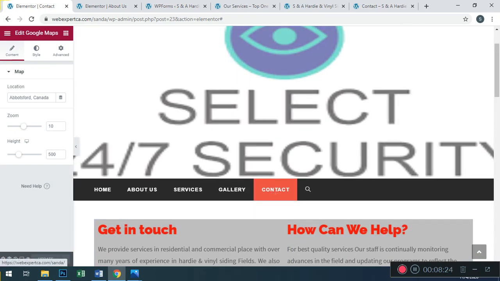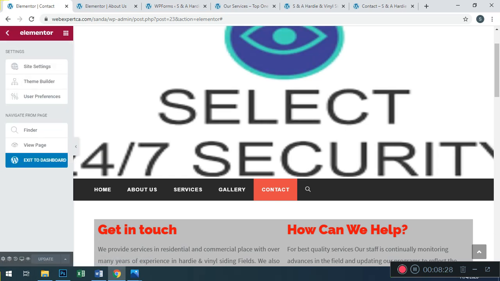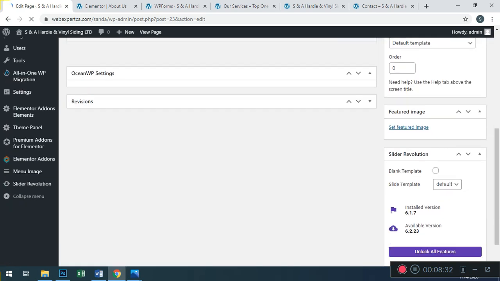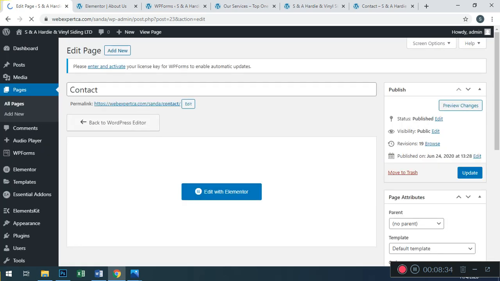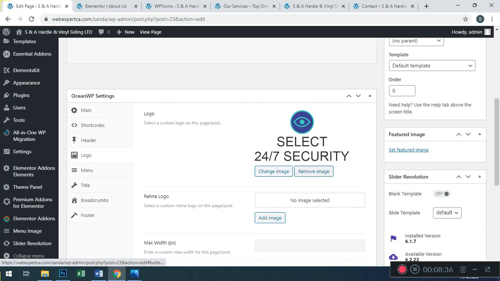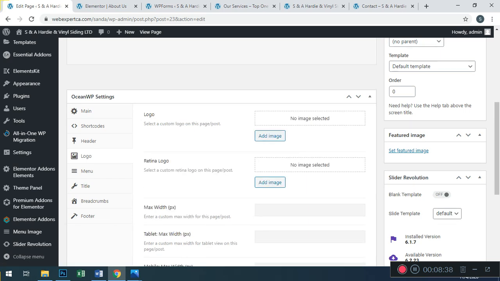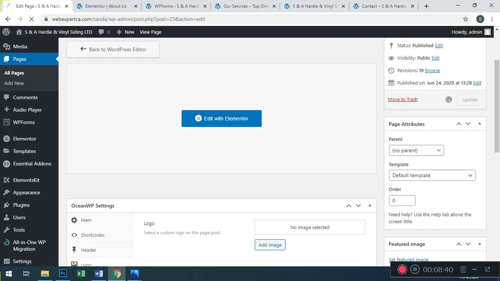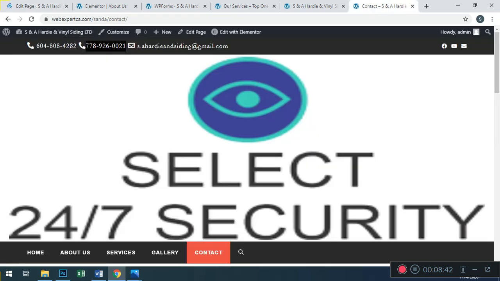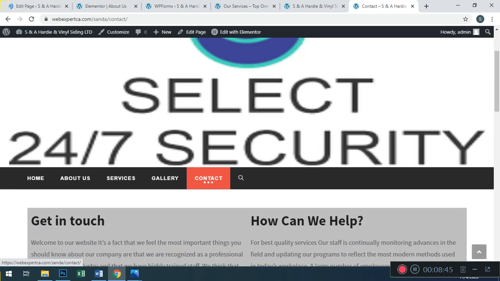This is our contact us page, but at this time we have an error. I am going to exit the dashboard and move to the logo setting. Here we remove the logo, and after this the system will use the default logo for security. Now I press the contact us page and click. Wait please.